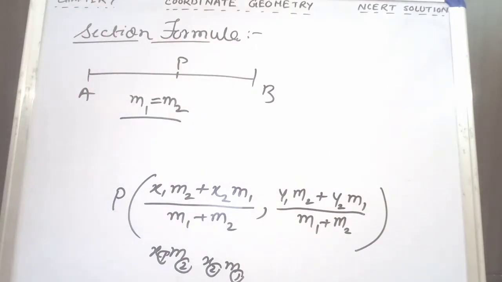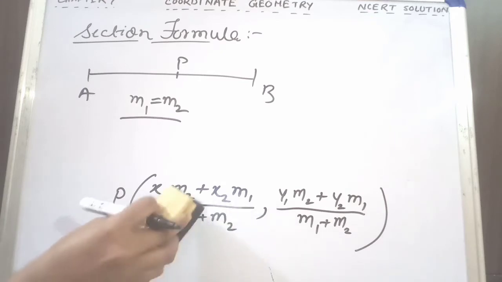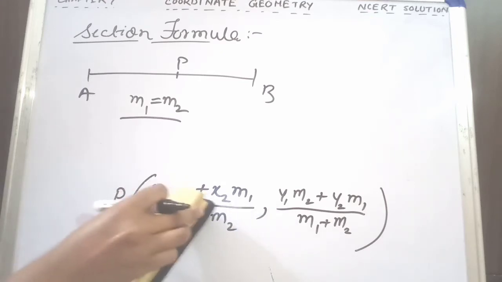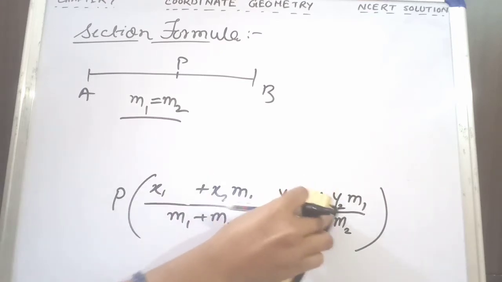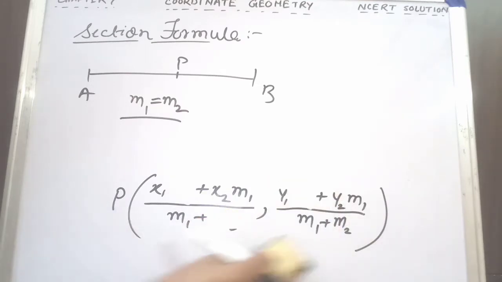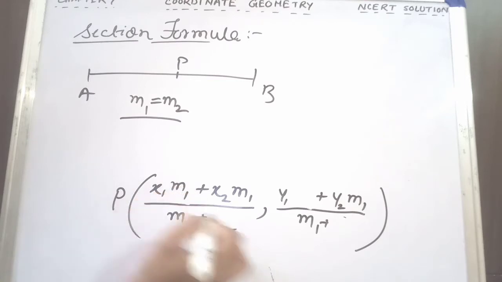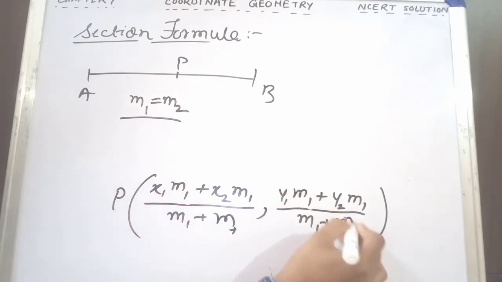Now put the values in the section formula. If you put M1 in place of M2 everywhere, then